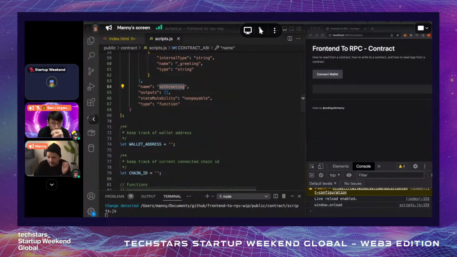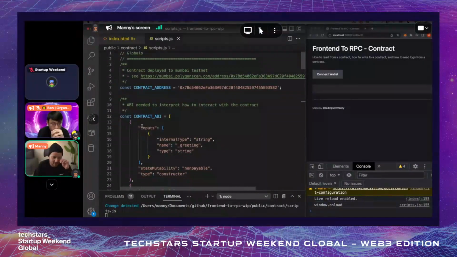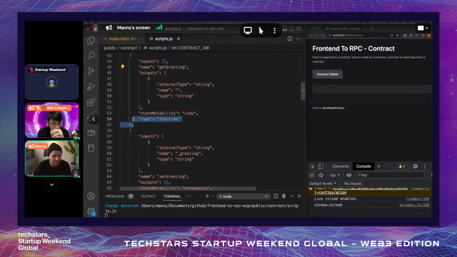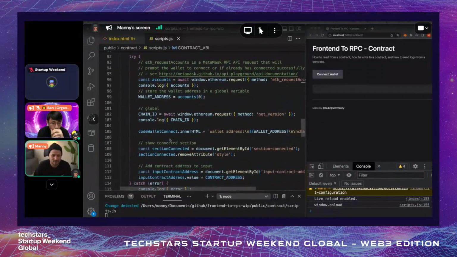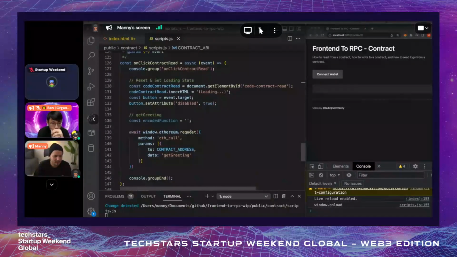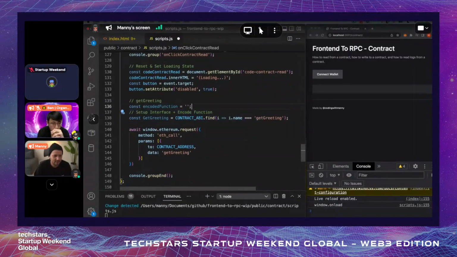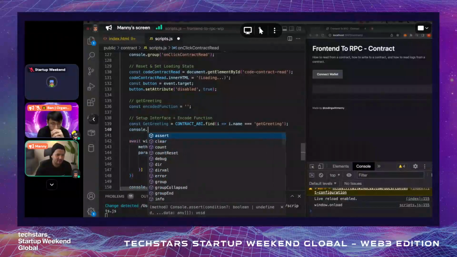Okay. Next, I need to get the function that I want to trigger from here. There are a few different objects in this array of contract ABI, and the one that I'm really interested in is the get greeting one. So all I'm going to do is get this specific object from that whole ABI file, and in order to do that, I'm going to go through the array with an array map. I'm going to say get greeting is equal to contract ABI, and find where the name is equal to get greeting. And we can see that here if I go get greeting,